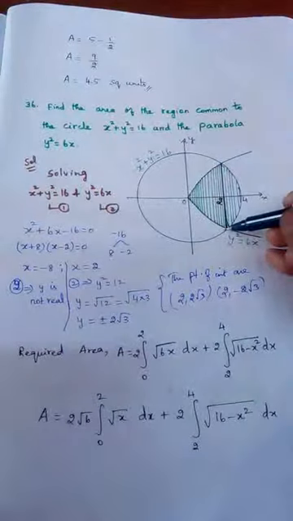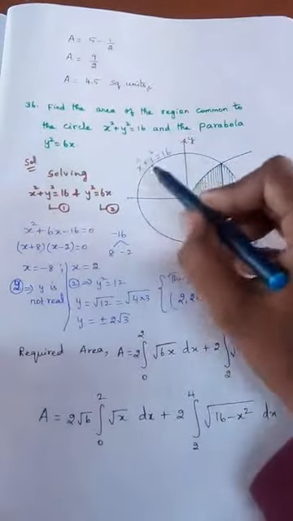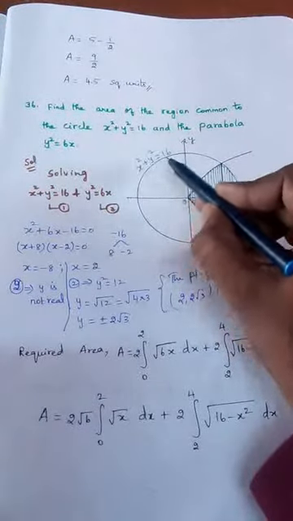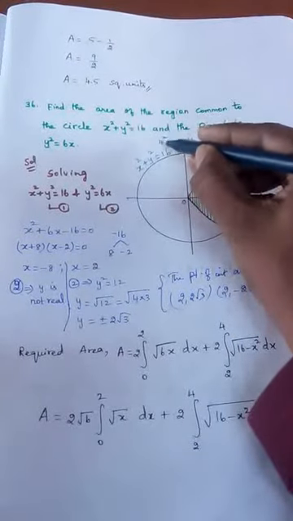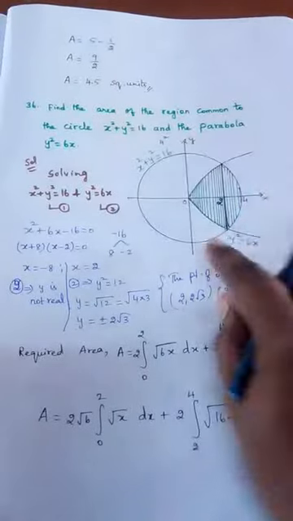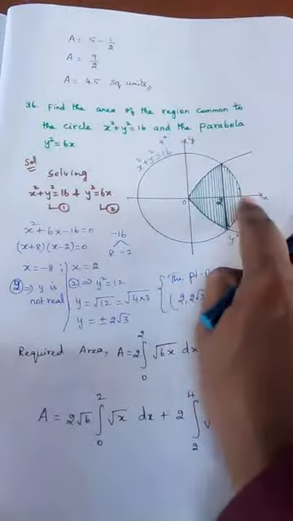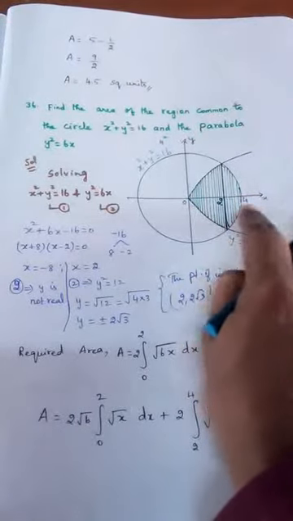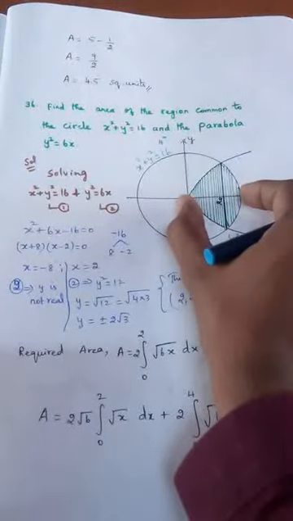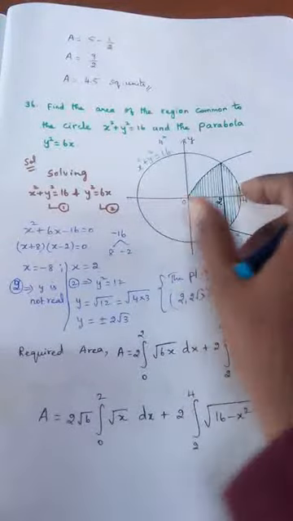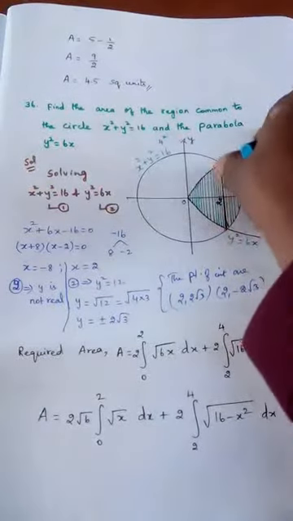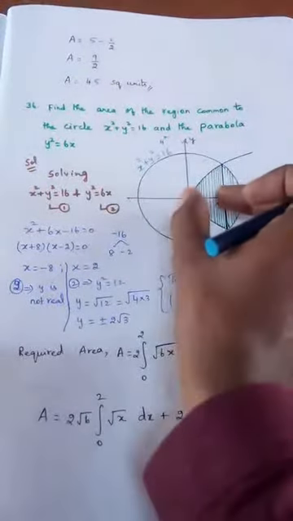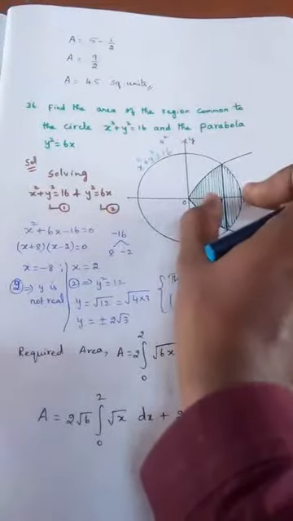If you listen carefully, the circle's equation is x square plus y square equal to 16. 16 is written as 4 square, therefore 4 is the radius. So if I calculate from here to here, the distance will be 4 units because of the radius. Now in the center, I am drawing one straight line. This is the center line. So this 4 is split as 2 and 2.